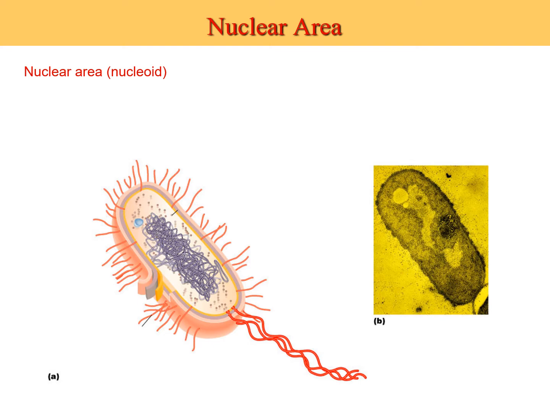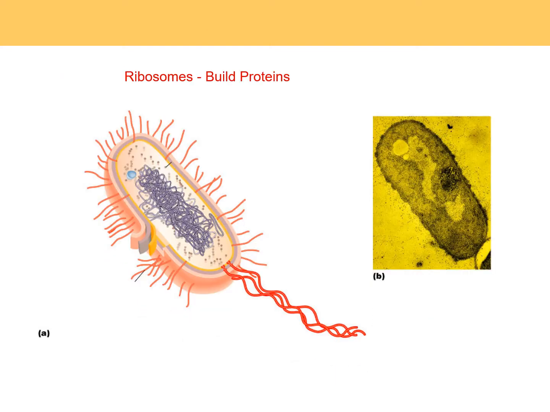It does not have a nuclear membrane, of course, and in bacteria you have a single chromosome, DNA of chromosome, which is circular in structure. It's large, it's coiled back and forth on itself, so it looks like many, but is only actually one circular chromosome. There are ribosomes in the cytoplasm, and as you know, the ribosomes are involved in protein synthesis using